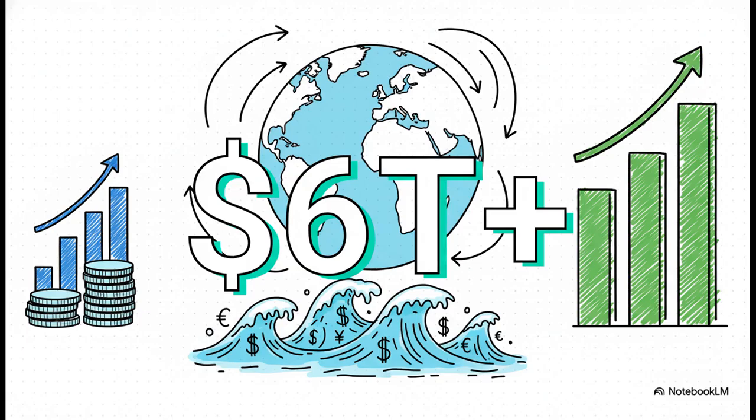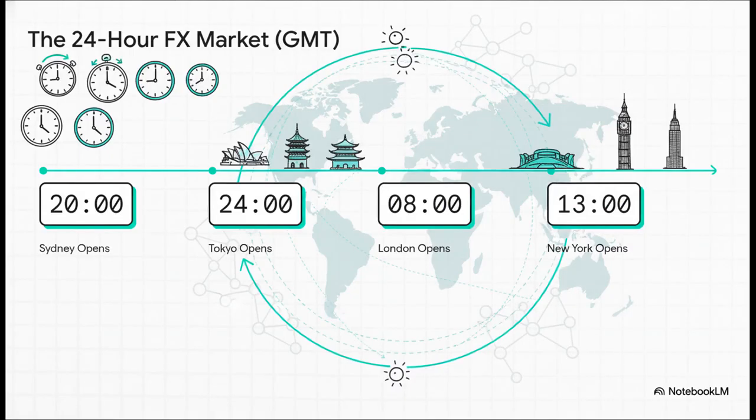Well, think about it. Every time a car is shipped from Japan to Europe, or a tech company pays its staff in India, currencies have to be exchanged. This market is the engine room of global trade. And a huge reason it's so big is that this market never, ever sleeps. It's not a physical place, you see, it's a global network of banks. And as this timeline shows, the market literally follows the sun around the world. It kicks off in Sydney, moves to Tokyo, then London wakes up, and finally New York. It's a nonstop flow of money, 24 hours a day, all week long.